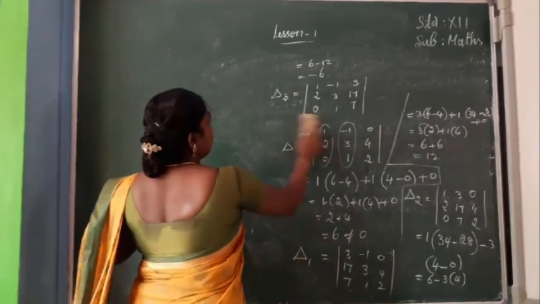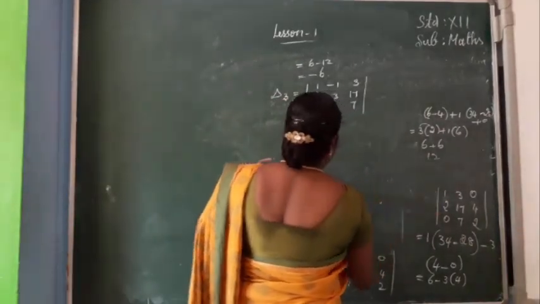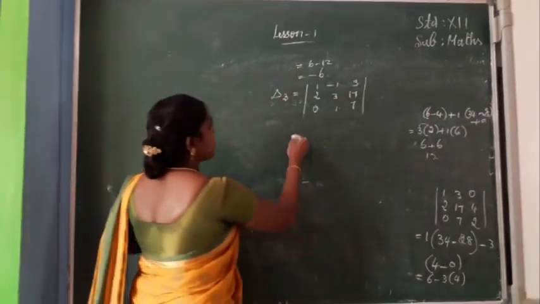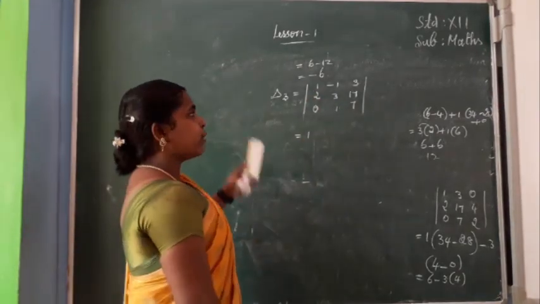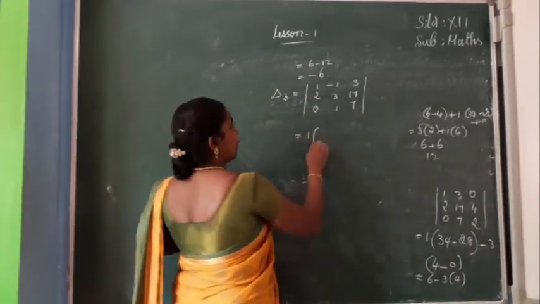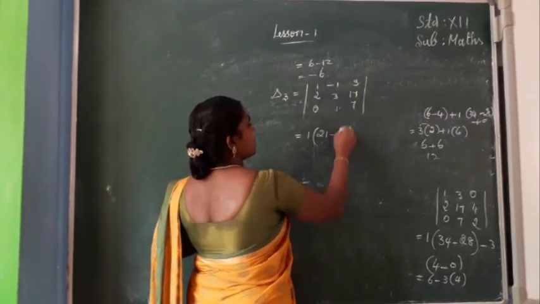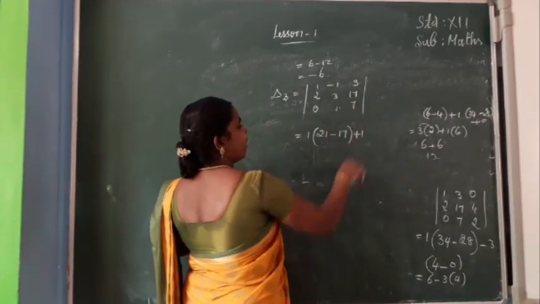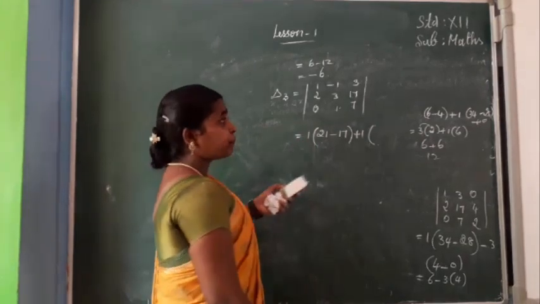Okay. Now you can find the value. You know how to find a 3 by 3 matrix determinant. First you have to take the first element, which is 1. The first element is in the first row, first column, so you need the remaining elements: 3 7s are 21 minus 1 times 17 is 17. Then minus, already a minus, so plus 1 into this one.